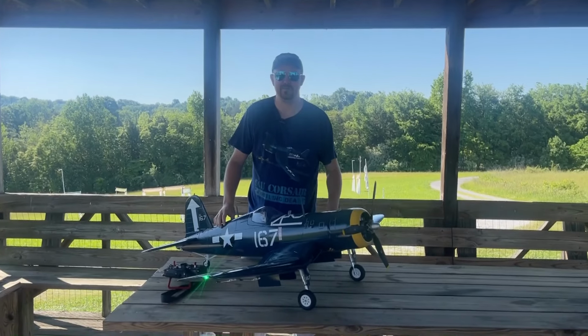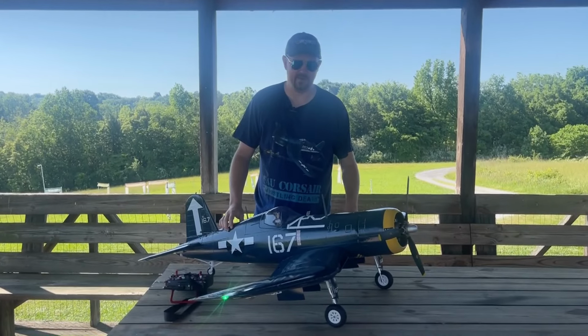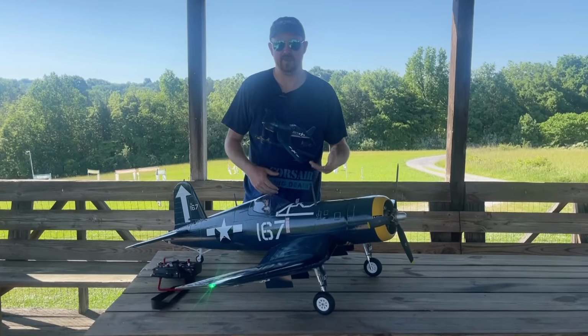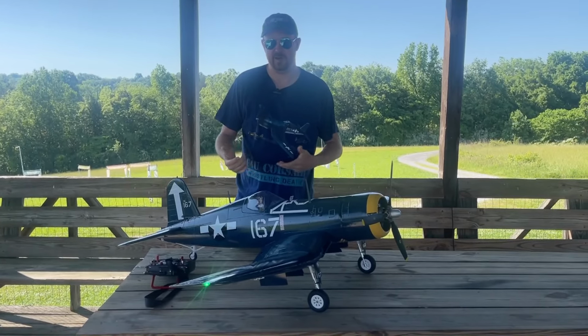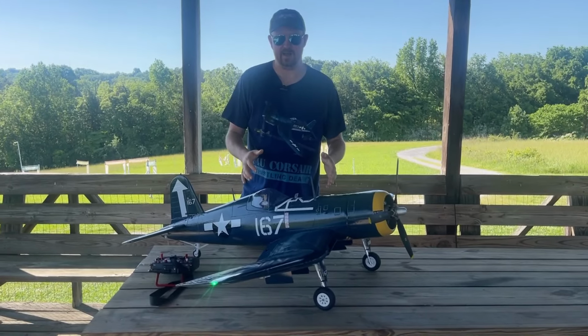Today we've got a maiden flight on the FlightLine Corsair 1600mm. A little bit of an old school bird, however, Corsair is my favorite warbird, so figured we'd go ahead and scoop this one up. Last year you'll notice I had a video of a maiden flight on the FMS 1700. I still have that airplane, so